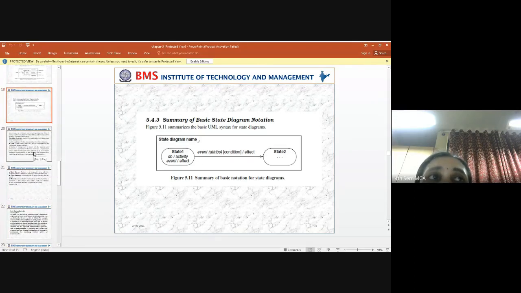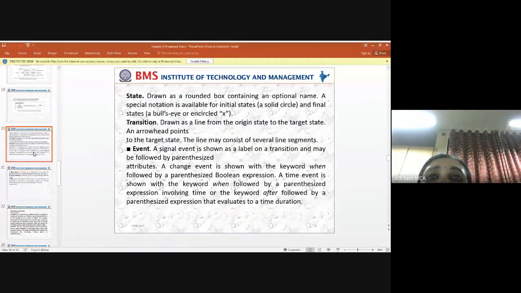Next, in short, we can describe some of the key terminologies. The first one is state. A state is a temporal behavior which represents a response to external stimuli. How do we represent the state?